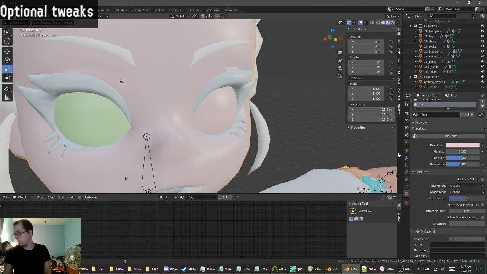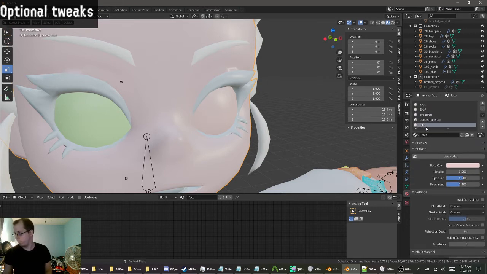Face, I think we can use his. So we can add the shared structure on this one here. So we can go put it to